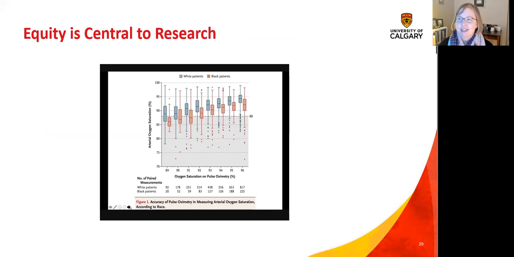Also, equity is central to research, and it's something we always need to be mindful of, particularly with the legacy of awful research that has happened in the past. So when you are thinking about your studies, you need to think about who's included and who's left out. Some of the studies I have done have been majority white women or all white women, and you know what? Sometimes that was the only people I could get to talk to me, and I had one year to get something done, and that was it.